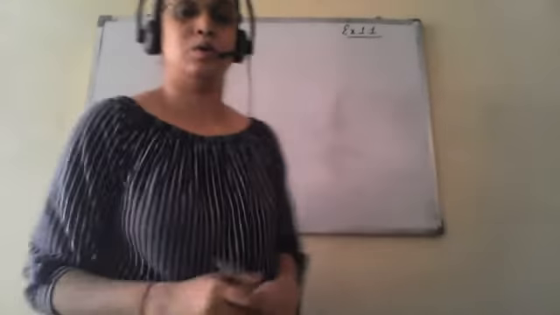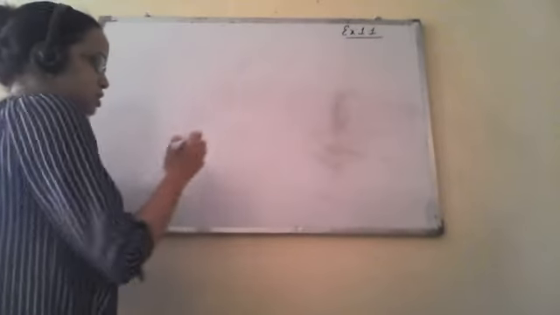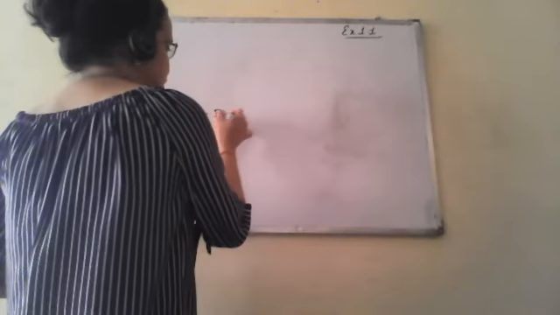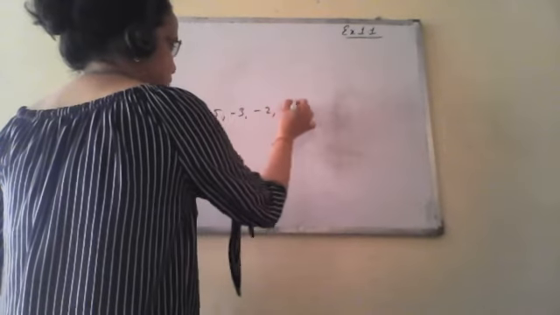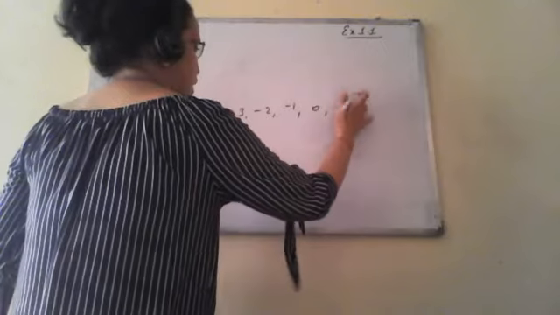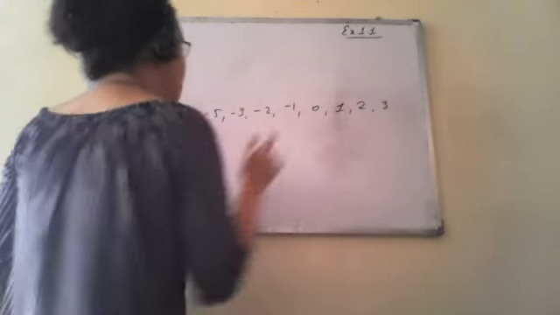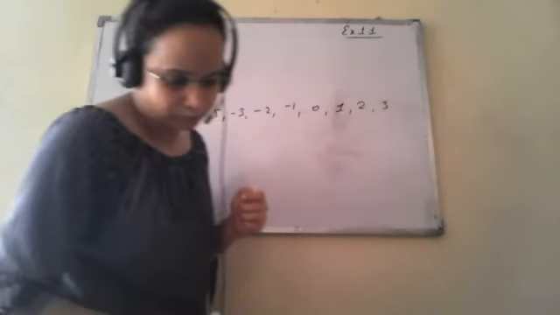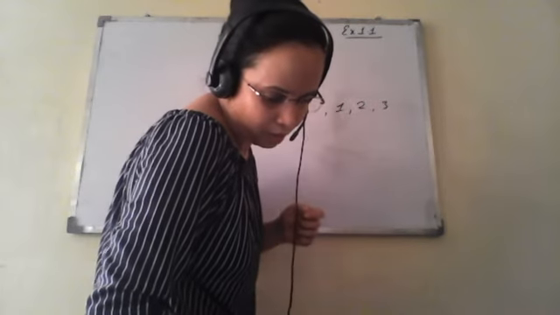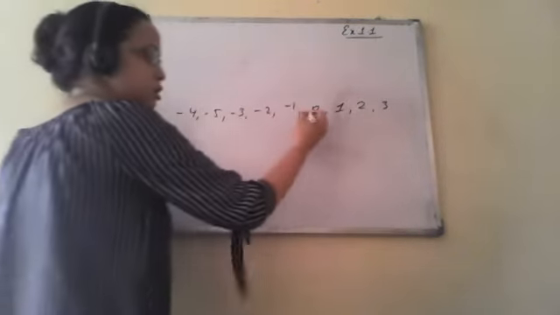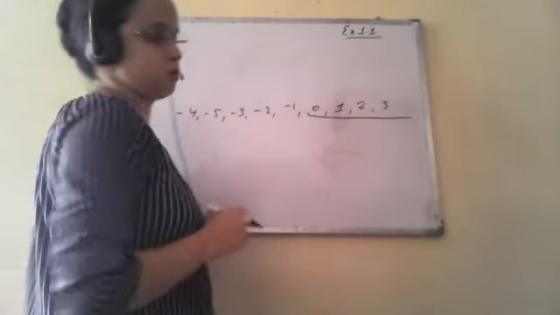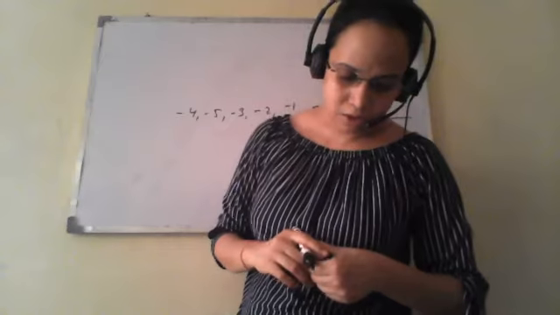Every integer is a whole number. No, every integer is not a whole number, because integers consist of negative counterparts of positive numbers, that is -5, -4, -3, -2, -1, 0, 1, 2, 3, 4, and so on. Okay, so 0, 1, 2, 3 up to positive values are whole numbers, because whole numbers start from 0, 1, 2, 3, but whole numbers do not consist of these negative counterparts, so this statement is false.